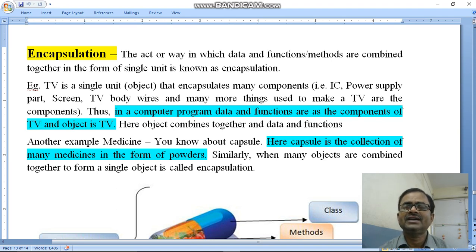And the name of the class is just like the name of the TV, the one holding all the things. So encapsulation is the holding or binding together of different things, and it is known by one single name, one single unit, that is the object.